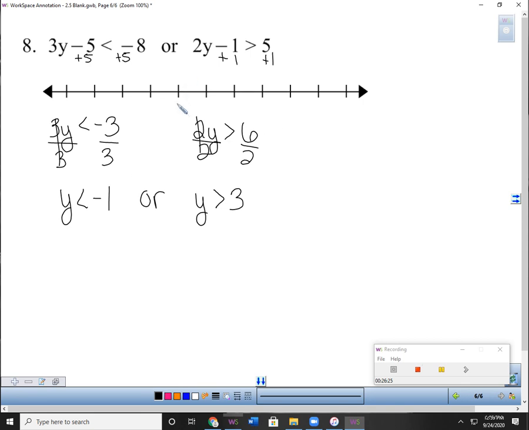So I always put 0 on there, and then I always put the smallest number and the biggest number. Okay? So y is less than negative 1. So I'm going to go to negative 1, put an open circle, and then I'm going to shade to the left. Then I'm going to graph this one. So I go to 3, open circle, shade to the